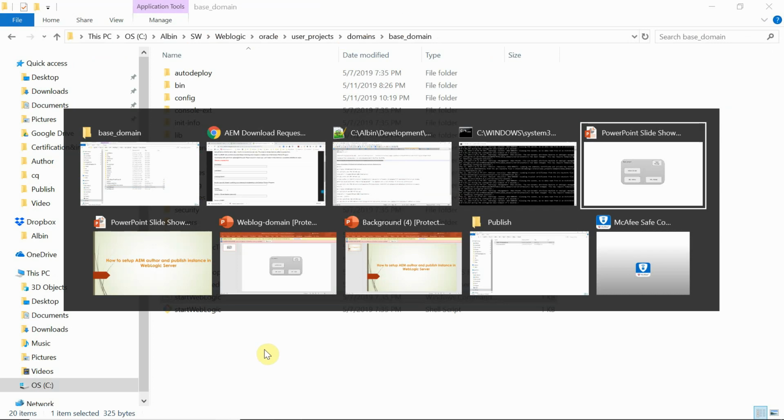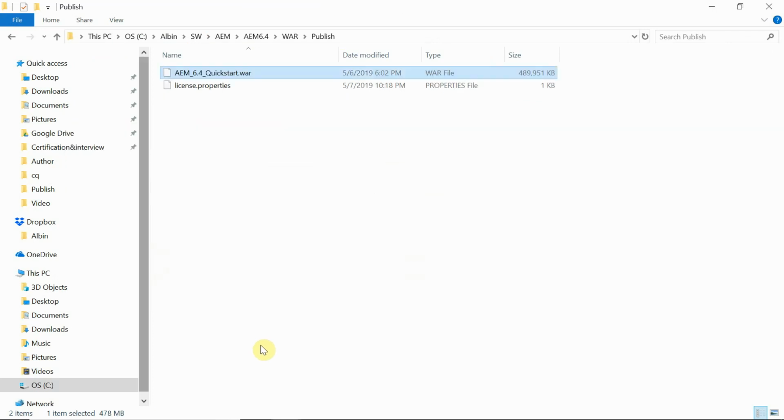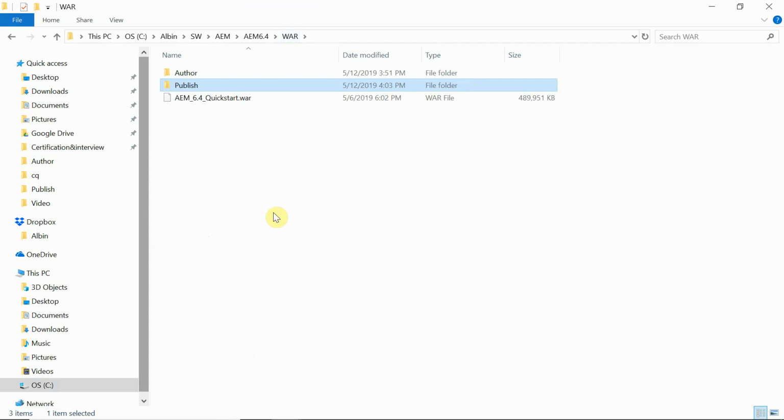So that will provide the following settings, default setting. The run mode is going to be author, so the default run mode. If you are going to install this, this is the var file I received. So let's say if I am going to install this var file into application server, my default run mode is going to be author. And also the CRX quickstart is going to be installed under the user.home folder. Then the third one is the context root, which is going to be AEM_6.4_quickstart. But this behavior can be changed.